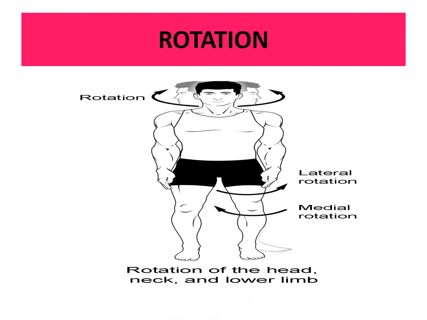Now the fourth one is rotation. Children, we all are familiar with this type of movement because whenever we perform stretching exercises before playing any game, we include neck rotation or trunk rotation, right? So we can say rotation is a movement in which a bone moves around a central axis without any displacement from the axis, okay? Or in simple words, I can say moving a part around an axis is called rotation. Clear?